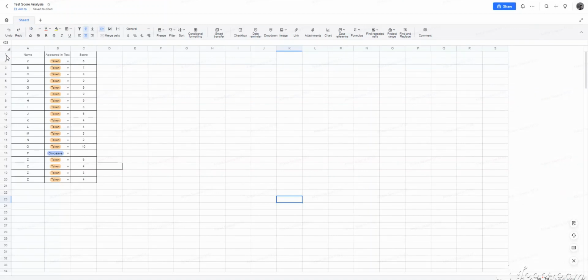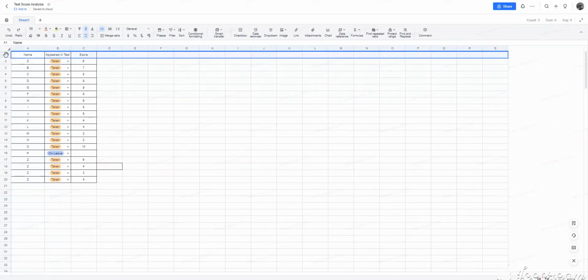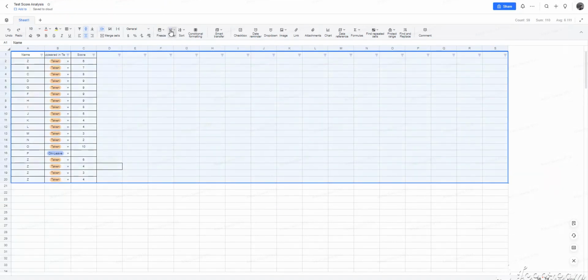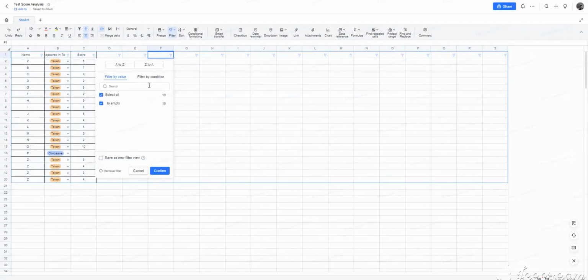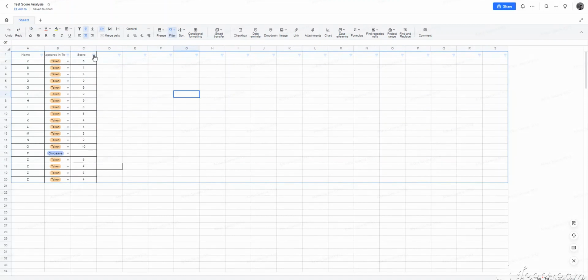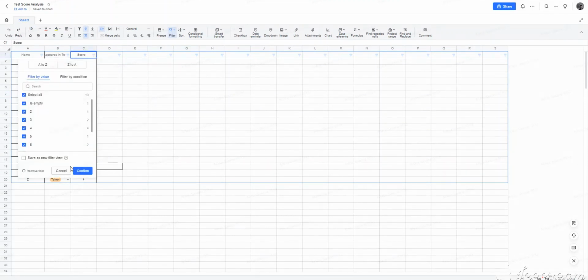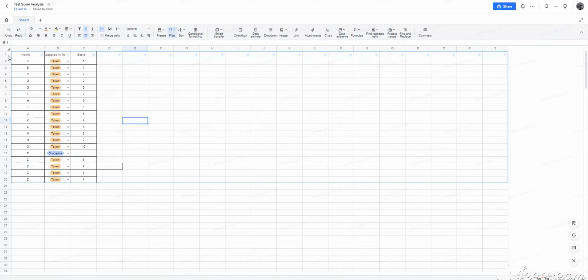How can we apply it? Just select the row on which you wish to apply the filter. Click on the filter button and it will be applied. The three lines at the right hand side of the column, specifically the cell, represent that the filter is applied, and clicking on it will show you all the discrete values that it contains. So this is the application of the filter.